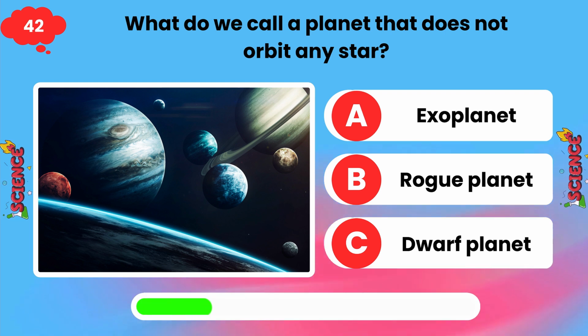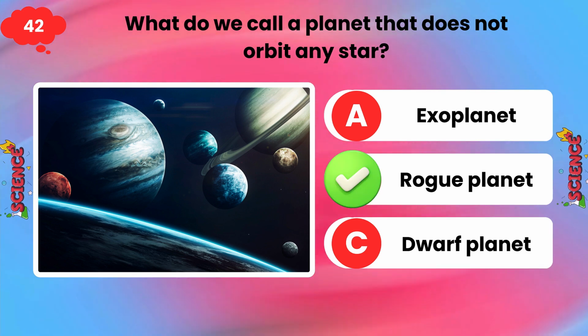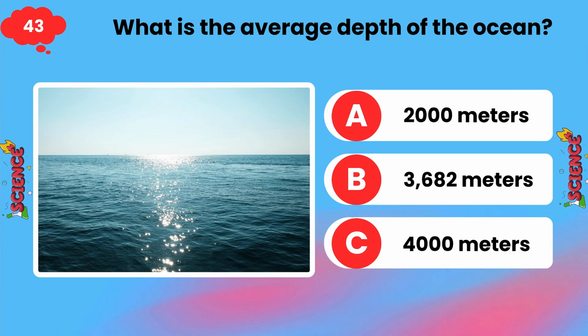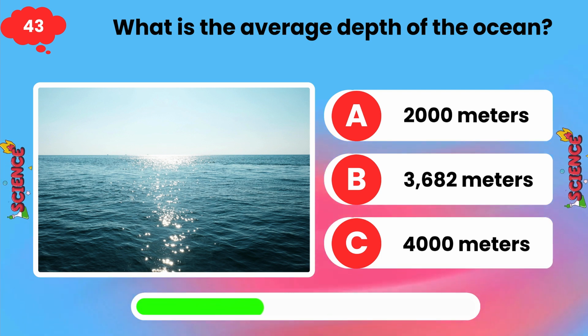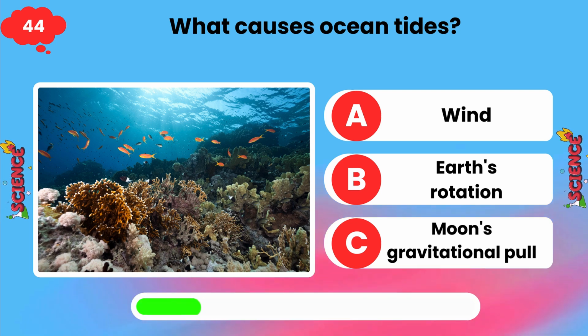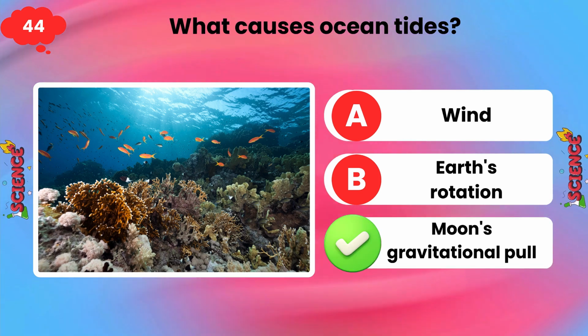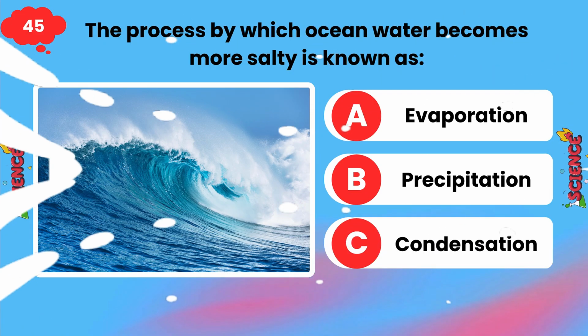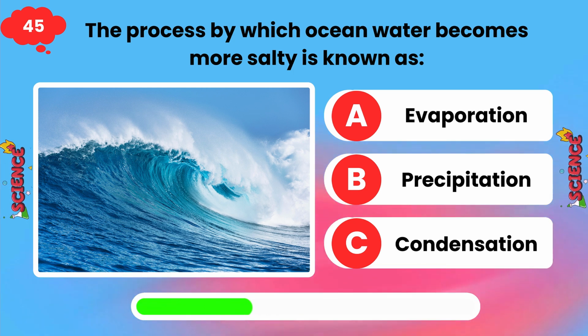What do we call a planet that does not orbit any star? What is the average depth of the ocean? What causes ocean tides? Moon's gravitational pull. The process by which ocean water becomes more salty is known as